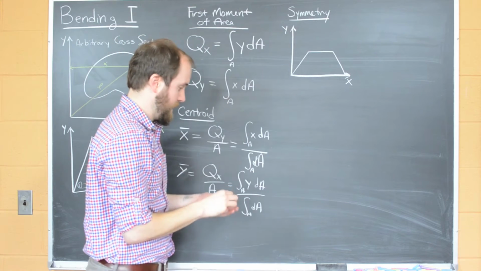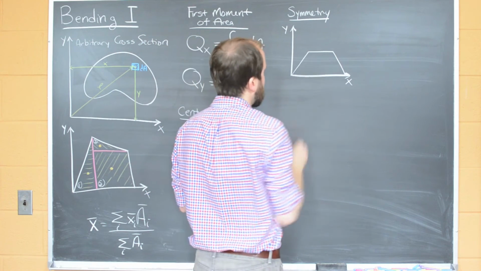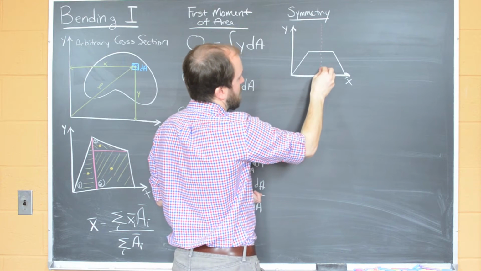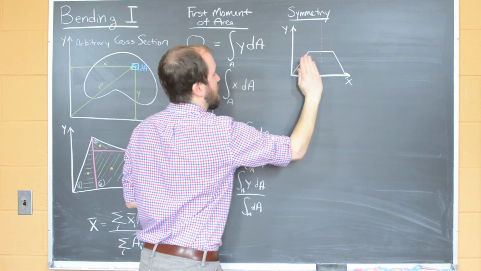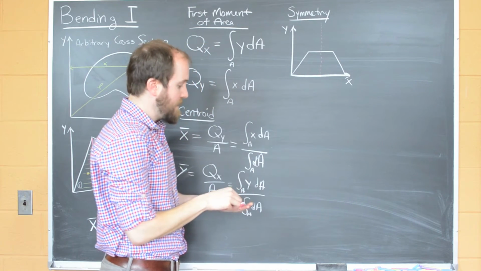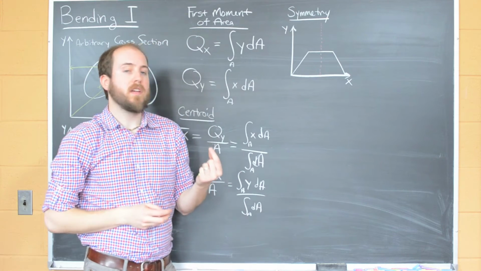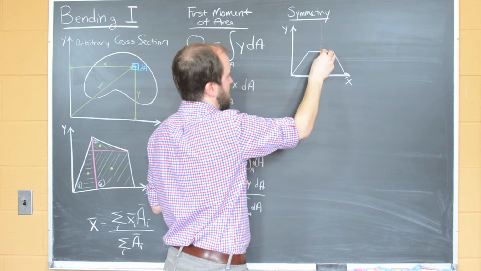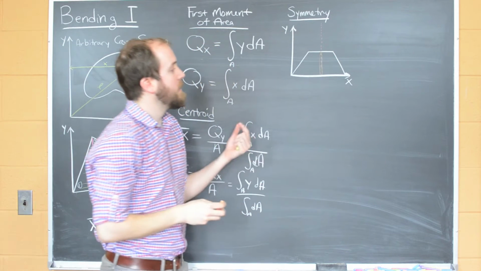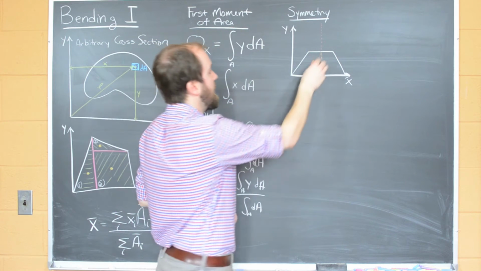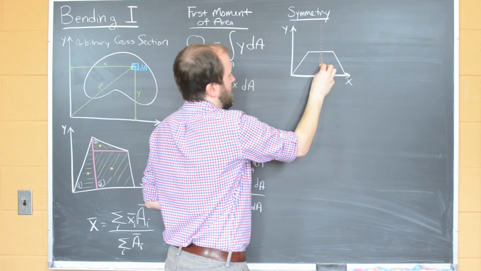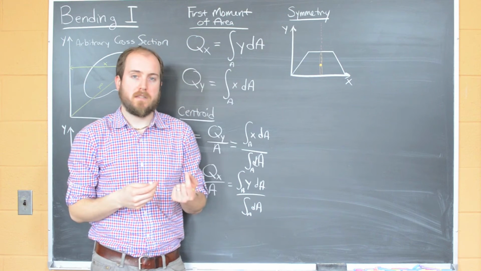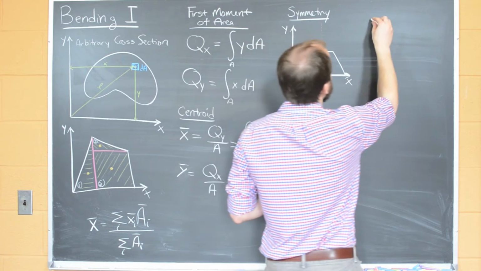And so if this is our cross-section now, what we can see is that there's a symmetric axis right down the center of this thing. So this is symmetric about this red line here. And what that means is we know if there's a symmetry, then the centroid has to lie on that axis of symmetry. So the centroid of this object has to be along here. So we inherently know the x position of the centroid, and now we're just left calculating the y position. So if the centroid has to lie on an axis of symmetry, you can see that this gets even easier